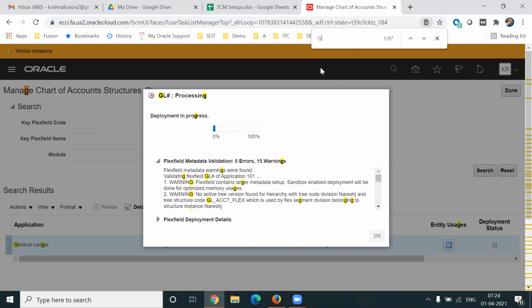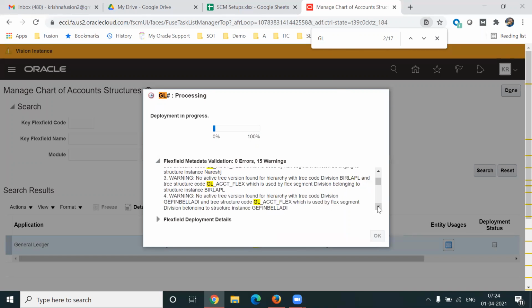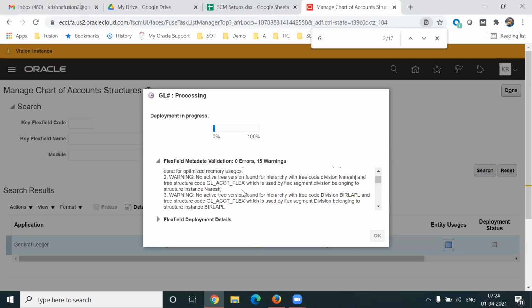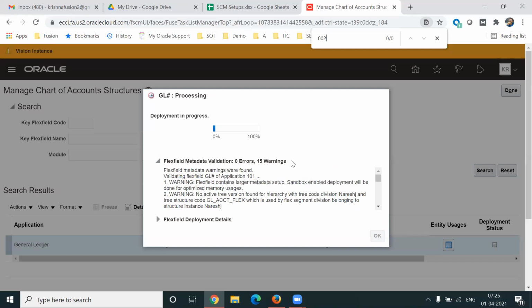Suppose if you enter GL, see here, it is highlighting. That means there are some issues with the GL prefix structure. But I entered 002, and nothing is showing here. That means my structure is good. There are no warnings in my structure. So this may take time. What we can do is, by the time